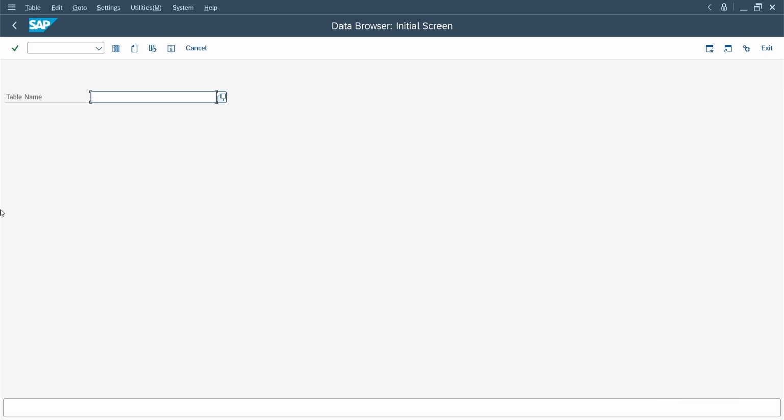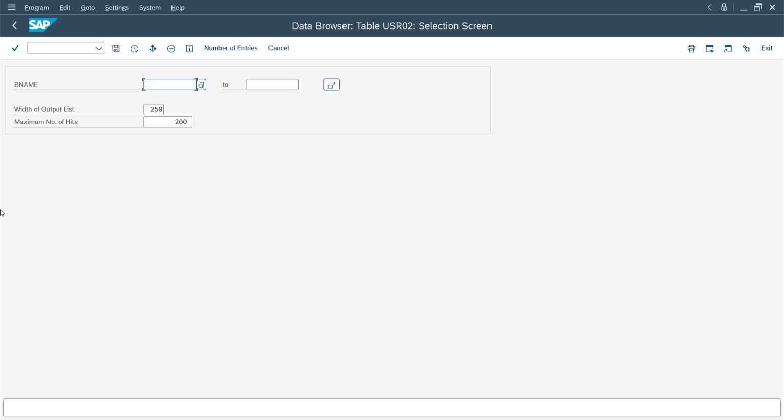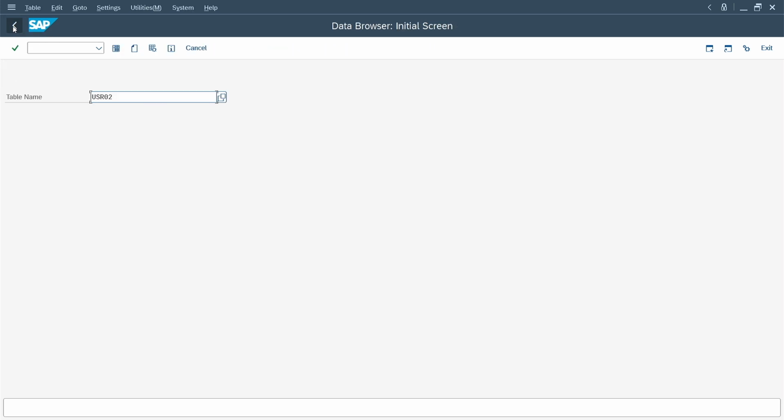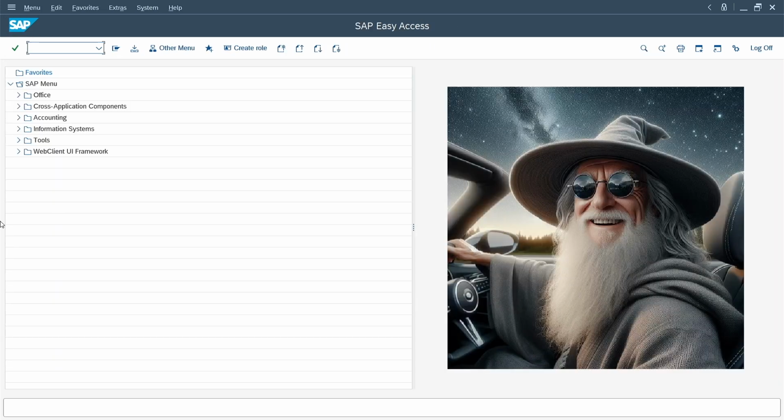Let's take a look at the USR02 table, which stores data about the users of the system. I have the option to enter filters. I execute the report, and I can already see the contents. Simple and fast. And what if you are more interested in the structure and settings, and not the content of